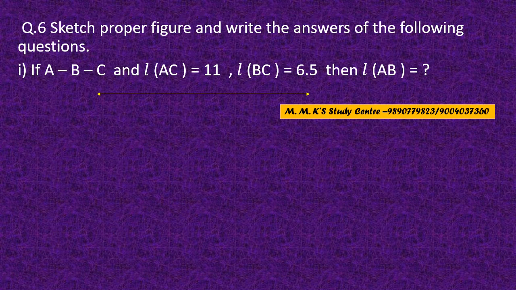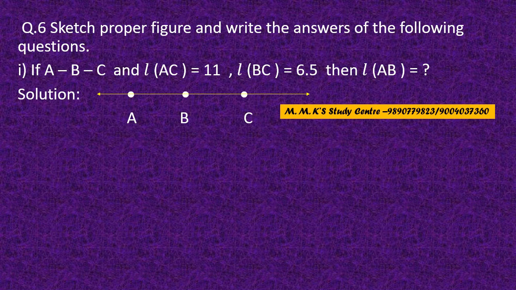Okay, so let us draw the figure first in the solution. So this is your figure. Because the question told us to sketch the proper figure, you have to show the proper betweenness A-B-C. We have to take one number line and on that take these 3 points. It is not necessary to take equal distances like on a number line. We can place the points and show the points below that.